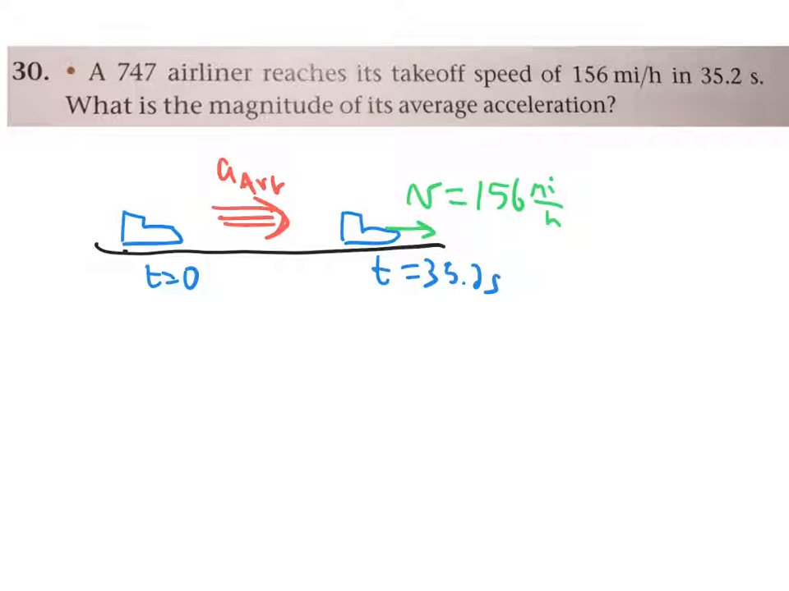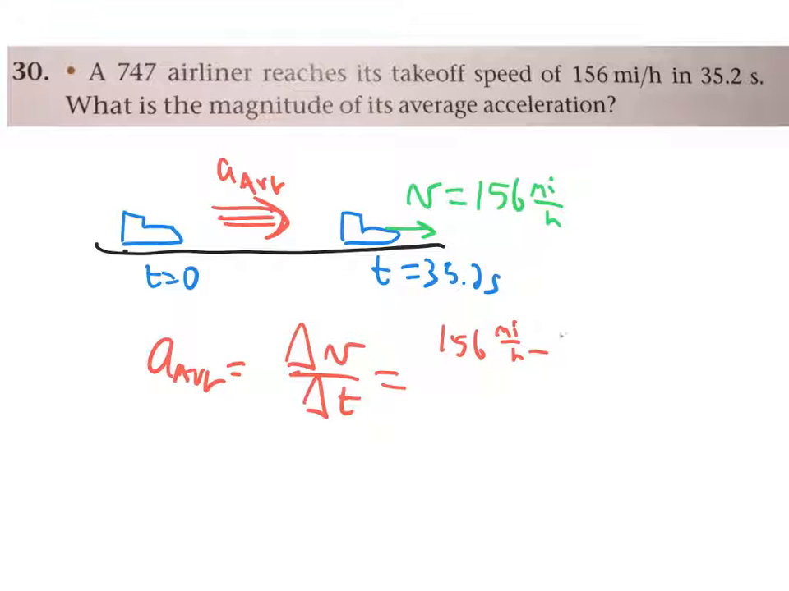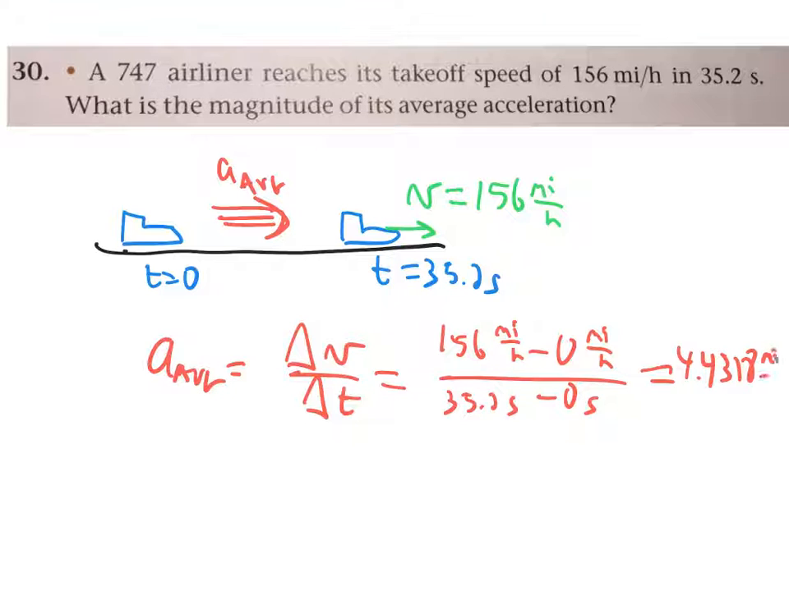So we go back to our general formulas and we say, oh wait, the definition of the average acceleration is the change in the velocity over the change in time. So here we end at 156 miles an hour. We started at 0 miles an hour. We end at 35.2 seconds, and we started at 0 seconds. And so we are left with 4.4318 miles per hour